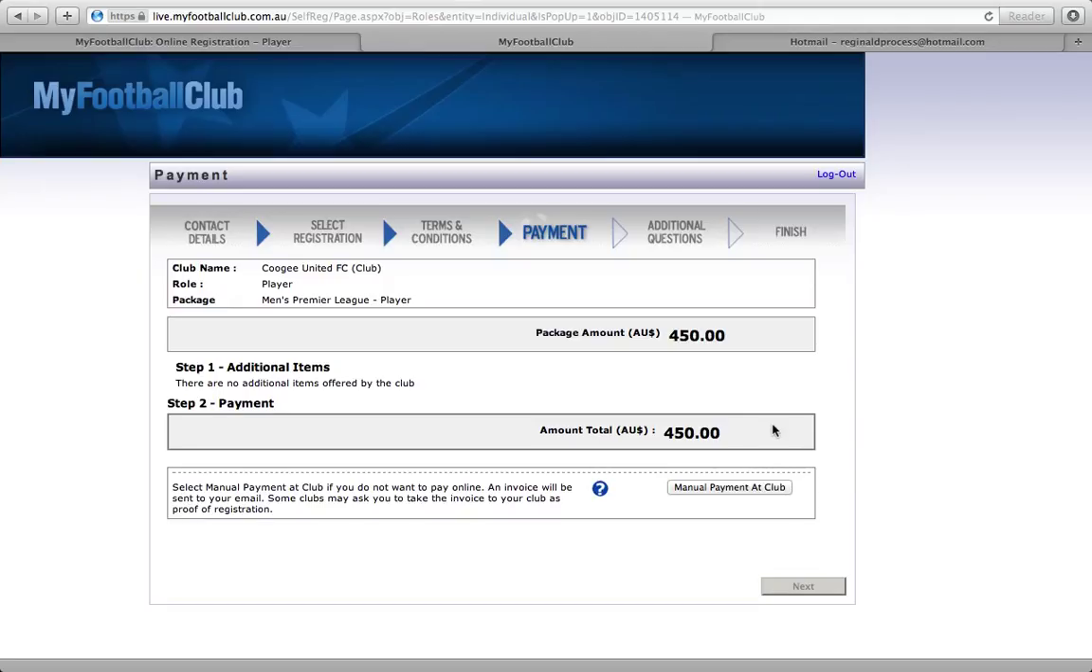Some clubs will have set up the ability for their players to pay via credit card online through the My Football Club system. It's not an option that we've chosen to go with at Coogee United, so your only option will be to make a manual payment at club level, where you'll either transfer that directly into the club's account or hand over the cash to someone at the club, and then they will go into this system from an admin perspective and just approve your registration. So manual payment at the club,